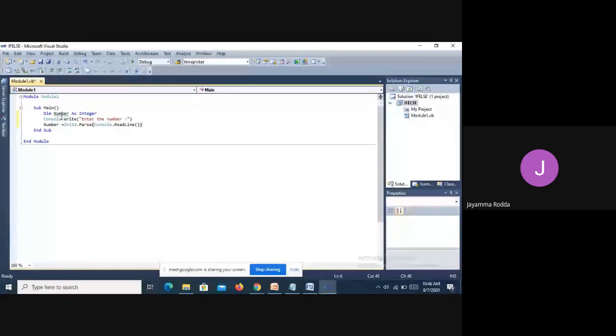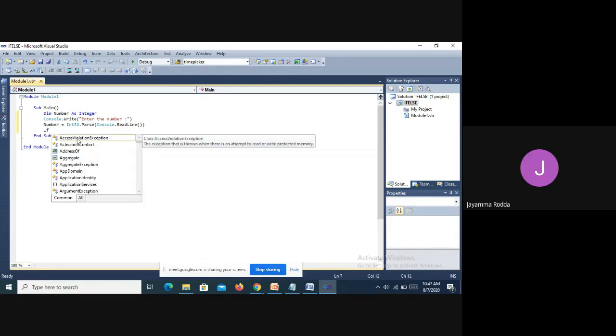So what am I doing here? Number is a variable of integer data type. Let me just complete the program first, then I'll explain.